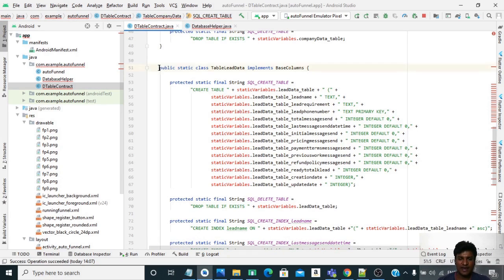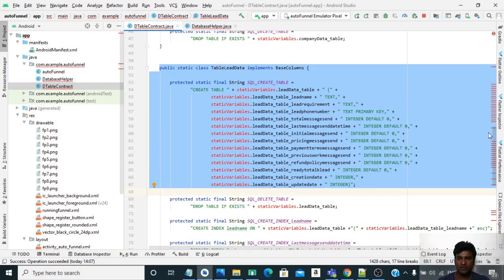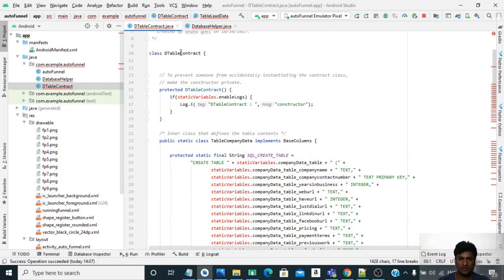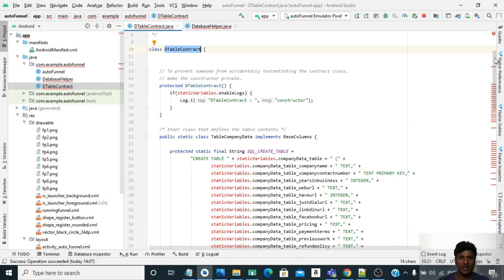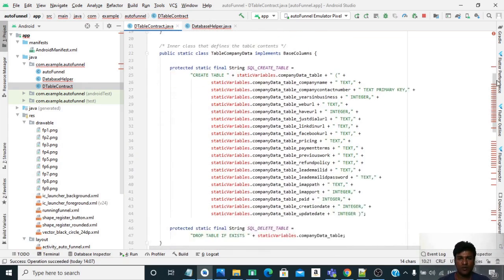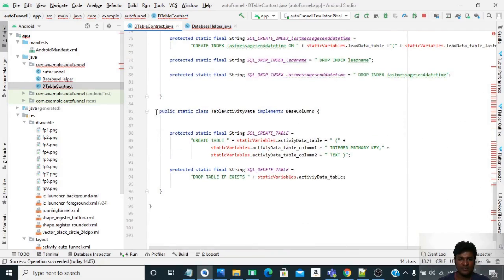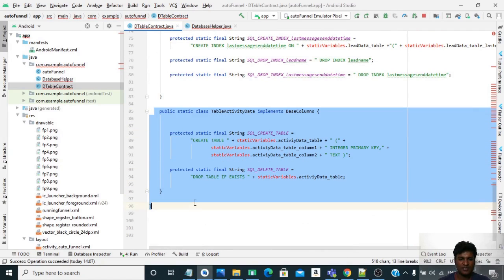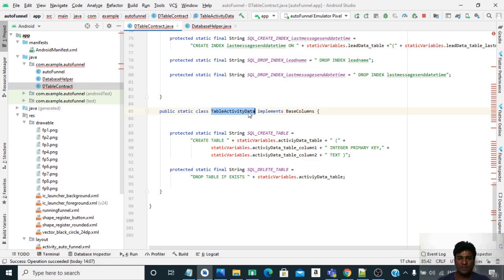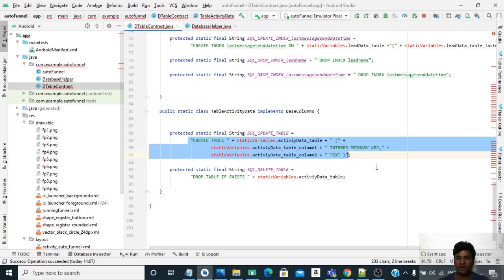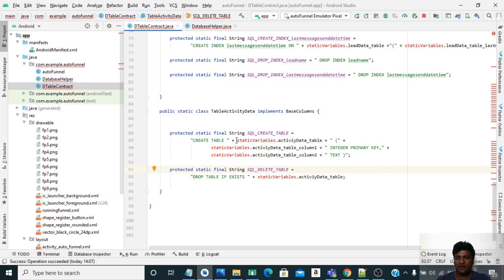This is the second inner class to our outer class, which is the table contract. So this outer class contains all the tables. The first class is the first table, the second class is the second table, and similarly the third class is the third table, and all three classes have the same structure. We have the class name which implements BaseColumns, and then we have the final string and then the SQL statement written out here. So why I have taken this in a separate class is, let me go ahead